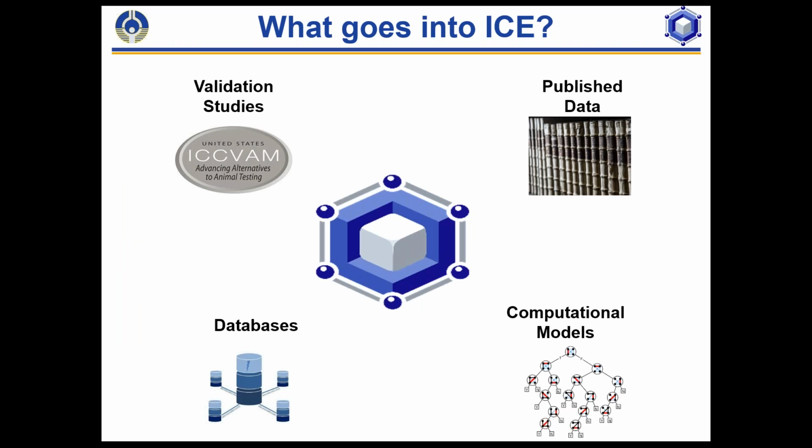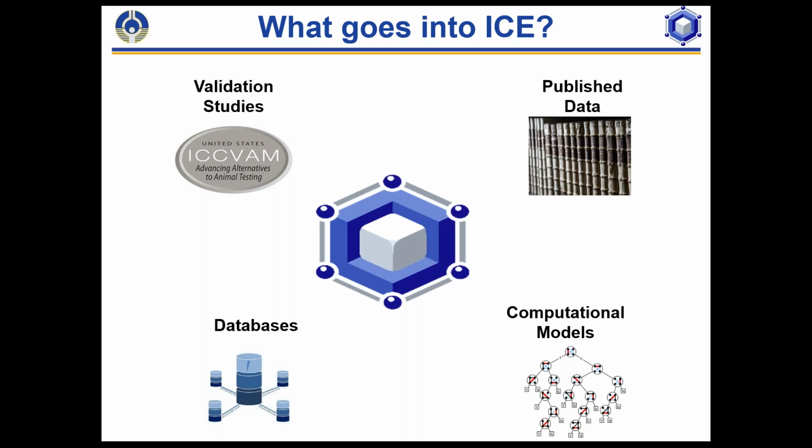So what all goes into ICE? We have a couple different things. Of course, the data and the chemical lists from our validation studies is one of, I think, the key and important resources that we had. So this data used to be available in PDFs and in some Excel sheets scattered about the NICEDM website, and in accordance with the FAIR data principles, it is now in a downloadable, easy to download format in a database that will, I think, make it much more accessible to a variety of people.